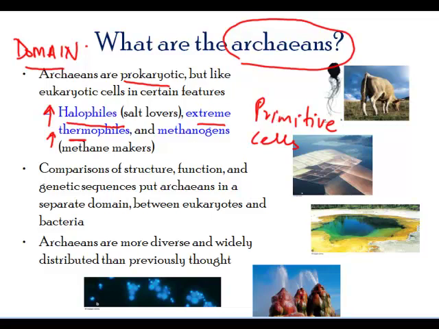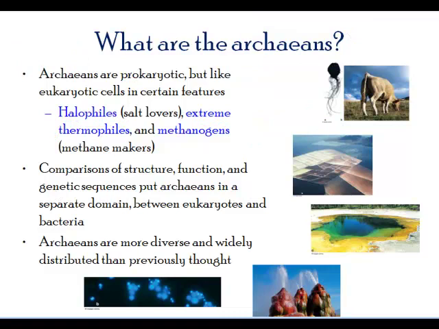So these are the cells that are prokaryotic, but they are present in their own domain, and these are called the archaeas. By comparison of their structure and function, they are placed in their own domain. But interestingly enough, they resemble the eukaryotes more than the bacteria. They're very diverse, as I said, and they're very widely distributed. So, for example, in very hot sulfur springs or volcanic regions, you will see they are present in such extreme climates.